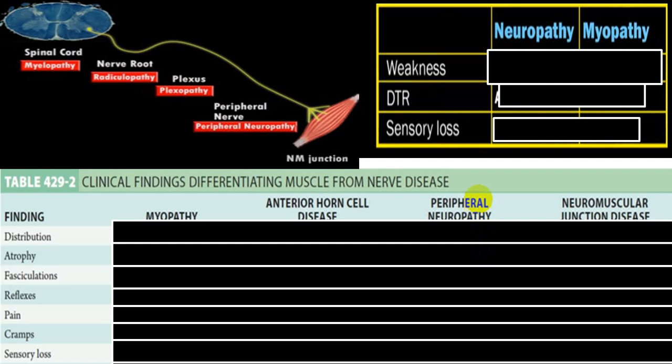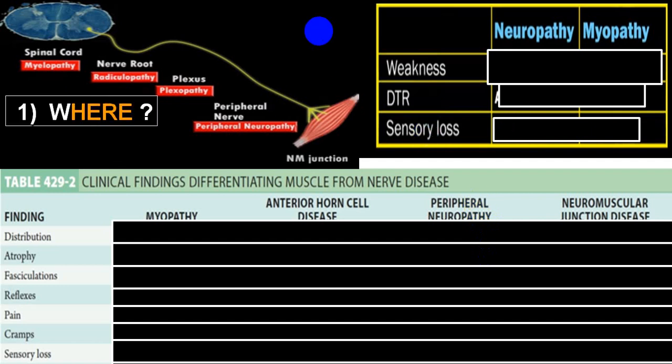So the interesting thing to find out is where is the lesion. If it is a lesion in the spinal cord, you will get upper motor neuron type of finding. But when you get the lesion in the anterior horn cell or in this nerve root up to the myoneural junction, it will be a lower motor neuron finding. The portion which is outside the spinal cord, that is nerve root, then we have got a plexus, peripheral nerve up to myoneural junction, this entire thing is called the peripheral nervous system.